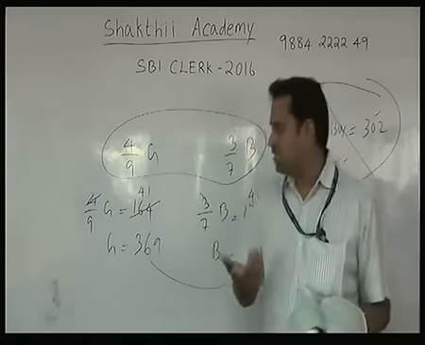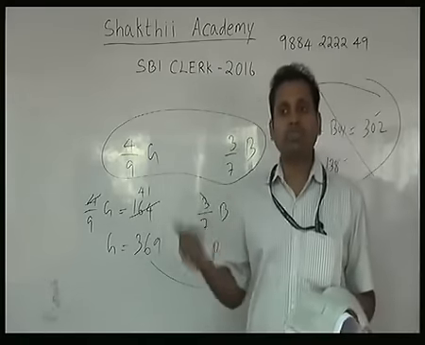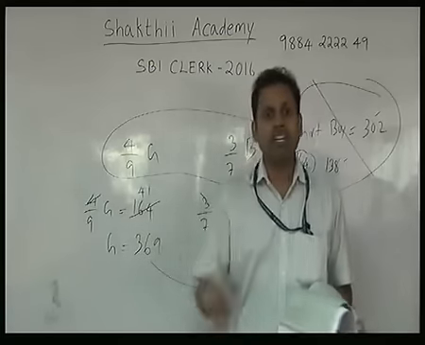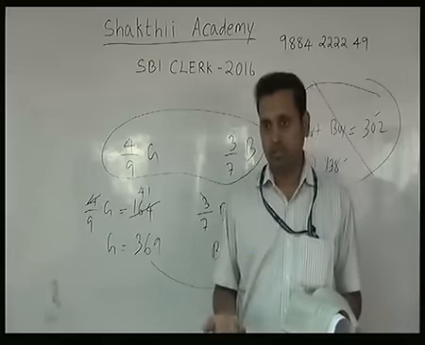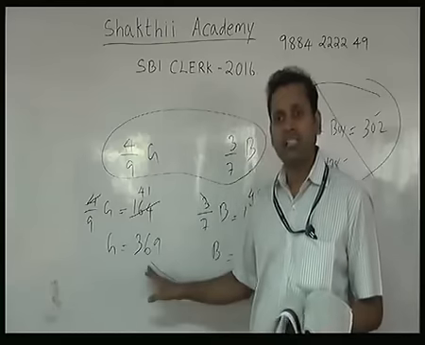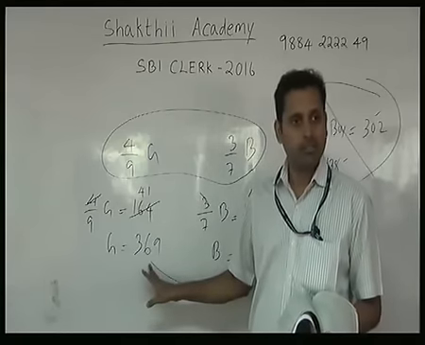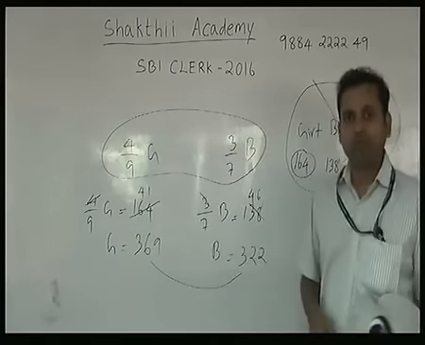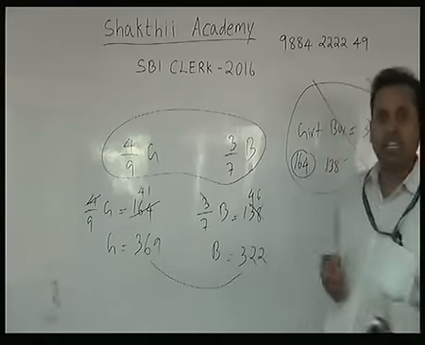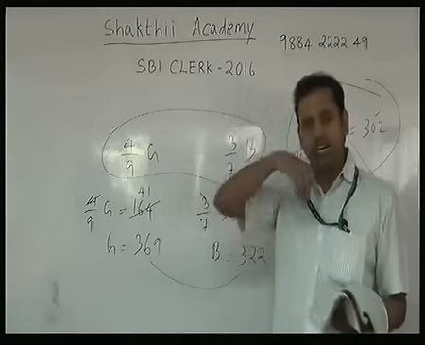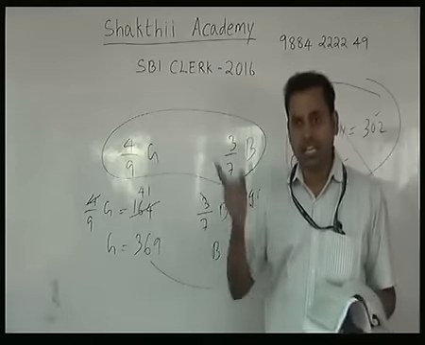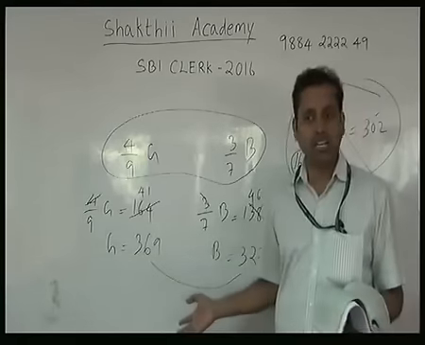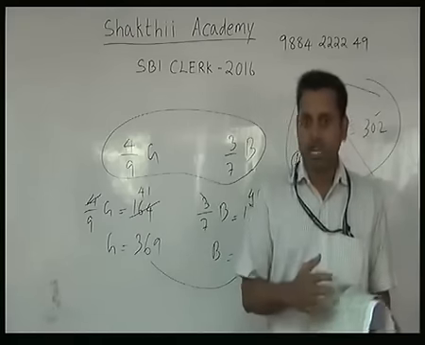You can do it in the mind, because you know very well 4/9 of girls is equal to 164. Then 4 and 4 will get cancelled. So you'll get 41, and 41 into 9 is nothing but 369. You can do everything in the mind. So ultimately I'll get 369. Is it clear? Similarly for the boys, it is given 3/7 of boys is 138. So the numerator 3 and the 138, when I cancel, I get 46, and 46 into 7 will be 322. That 322 you are getting. Now finally you can add it.